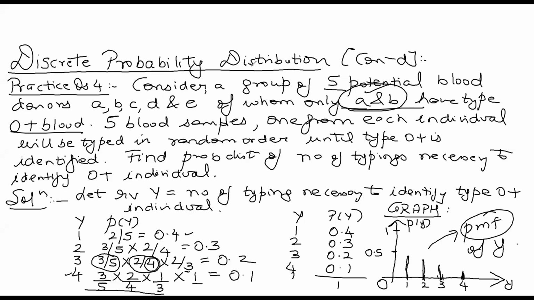Okay, understand this. First individual is not O plus. 3/5. सेकेंड इंडिविजुअल भी O प्लस नहीं है तो डिनोमिनेटर भी कम हो जाएगा, न्यूमरेटर भी कम हो जाएगा, 2/4. ओके समझ गया। ऐसे ऐसे ऐसे थर्ड इंडिविजुअल भी O प्लस नहीं है तो न्यूमरेटर डिनोमिनेटर दोनों कम होंगे, राइट? एनीवन एल्स हैव एनी डाउट?